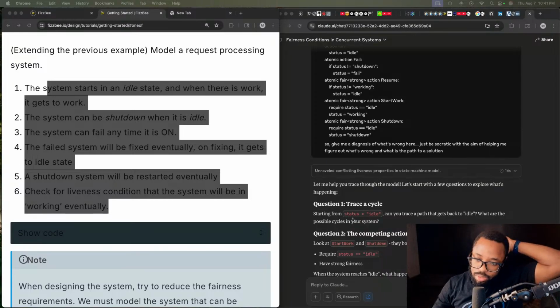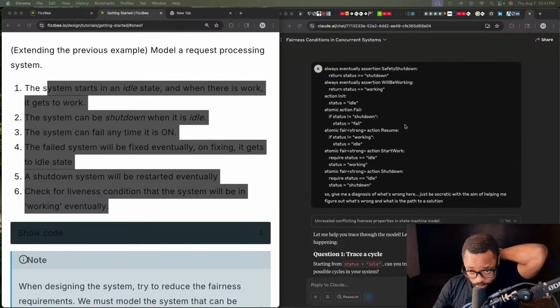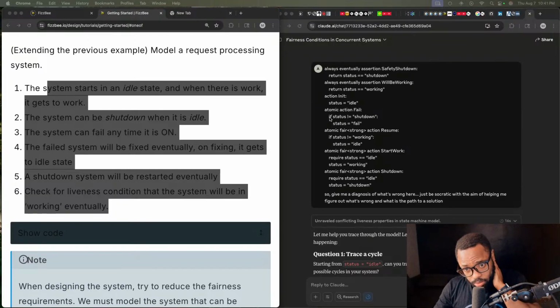Starting from status idle. Can you trace a path that gets back to idle? I mean, yeah, we saw one earlier. When you have idle, you go to fail. Then you go to fail again and fail, fail, fail. Eventually,